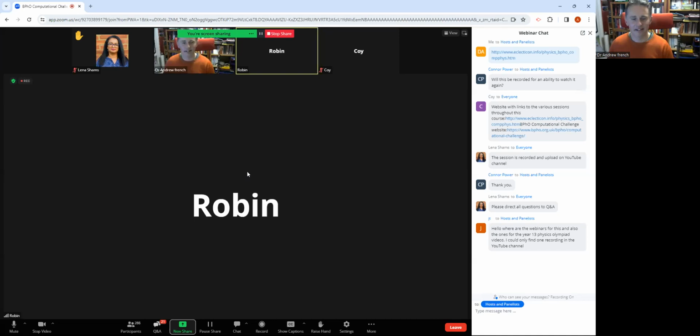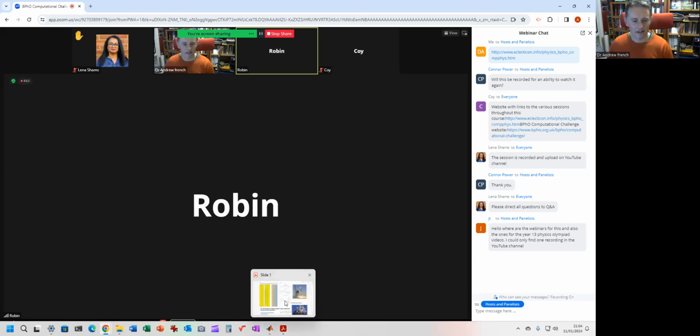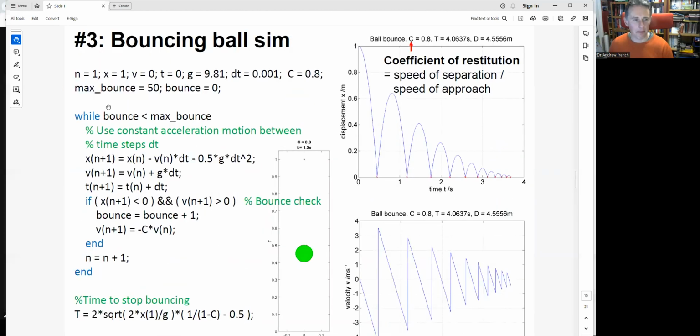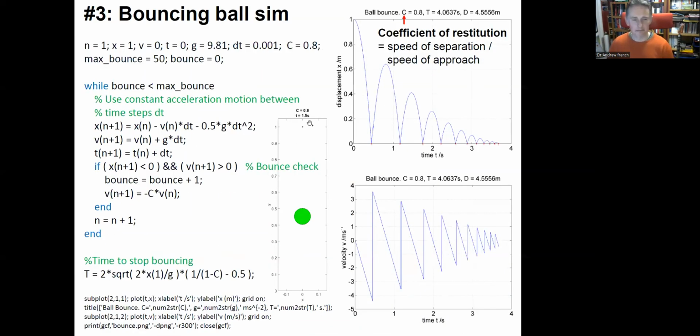There were questions about the process. The rolling ball and the bouncing ball, they're not done by having some fundamental equation. You just put the numbers in. They're done by iteration. So Andy will say more about the iteration process next week, but you'll see there that there's a DT. So what you do is just take a starting time with a velocity and a position, and after a short time interval, you can calculate the new velocity, knowing the acceleration, and therefore the new position, and so on. And you just run it along. So the equations are very simple, and it just goes round and round and round, recalculating.